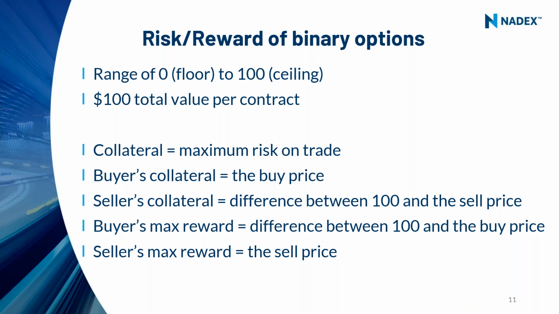Because there's only a 30% chance that it'll go to 100. There's a 70% chance it's going to go to 0. So you can buy or sell them. It is the probability of the statement being true, and you can control how much you risk, and that's the collateral that you put up to initiate the trade, and you can never lose more than that.